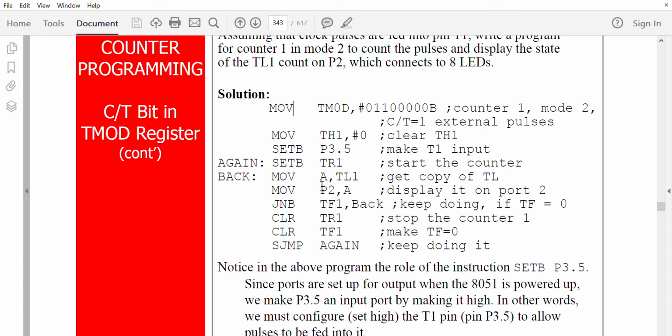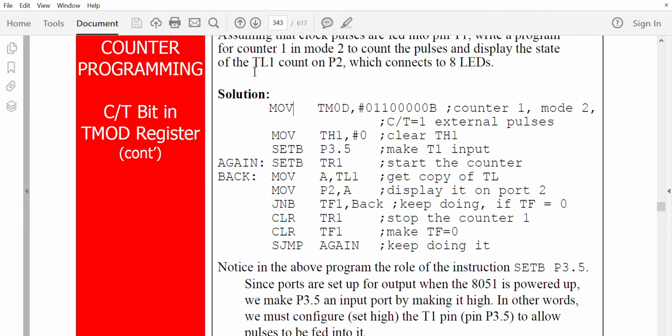Here we are moving the TL1 to the accumulator and the accumulator to P2. Why? Because the question says to display the state of TL1 to P2.